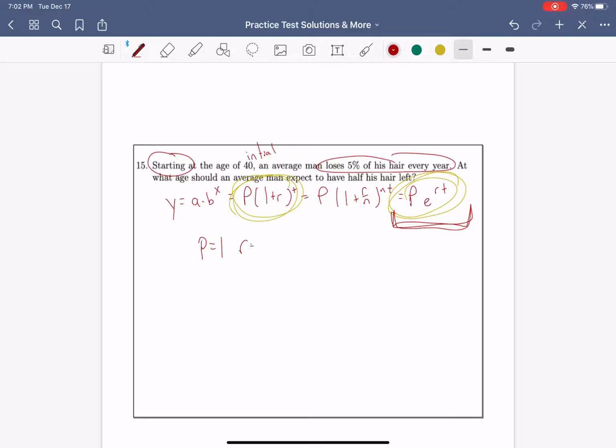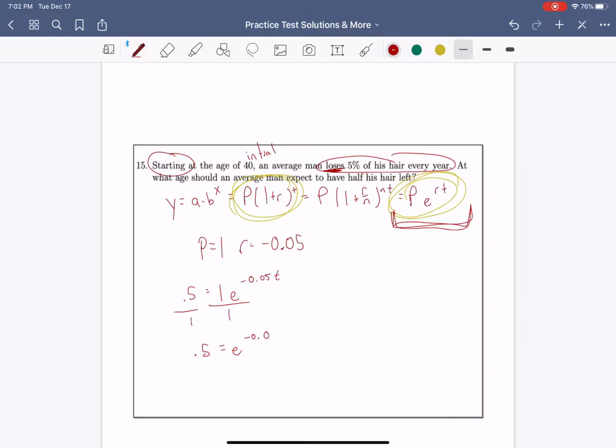We know rate is 0.05, but it's a negative because we see loses. So let's figure this out. So we have 1e^(-0.05t), and we want to figure out how much time it would take for him to get half of his hair. So if we had 1 as our initial value, 0.5 is half of it. So then when we divide both sides by 1, we get 0.5